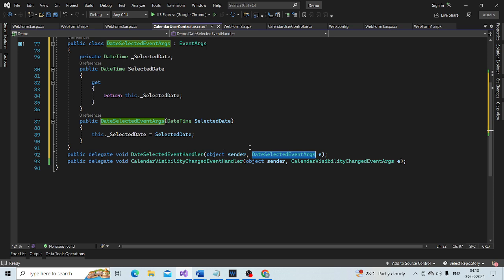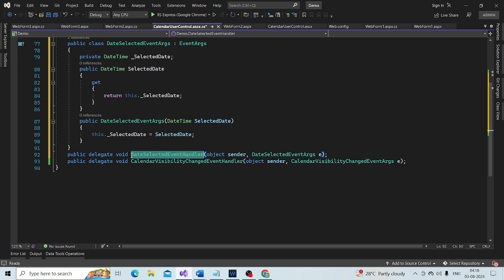Okay, that's it. Now look, this delegate will later be used to point to an event handler method.